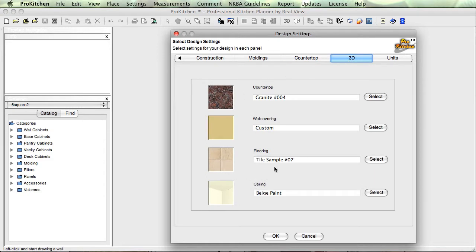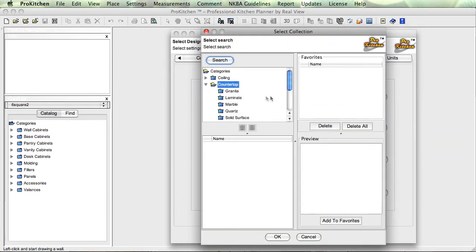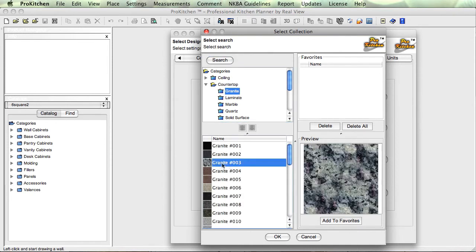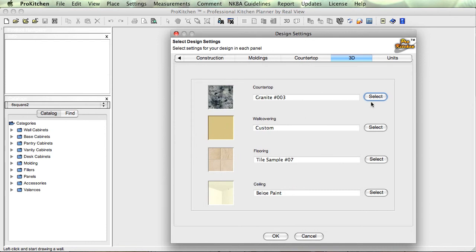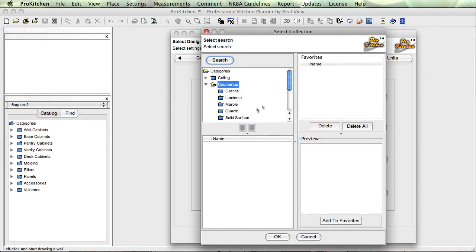3D, this is where we pre-select all the colors for your kitchen. You can do this now. You can do it later. It doesn't matter. We can come into the back here later and do it. But for now, we're just going to select some here. And I'm just picking randomly. Choose that one. Looks good. Let's go back in here because this does say